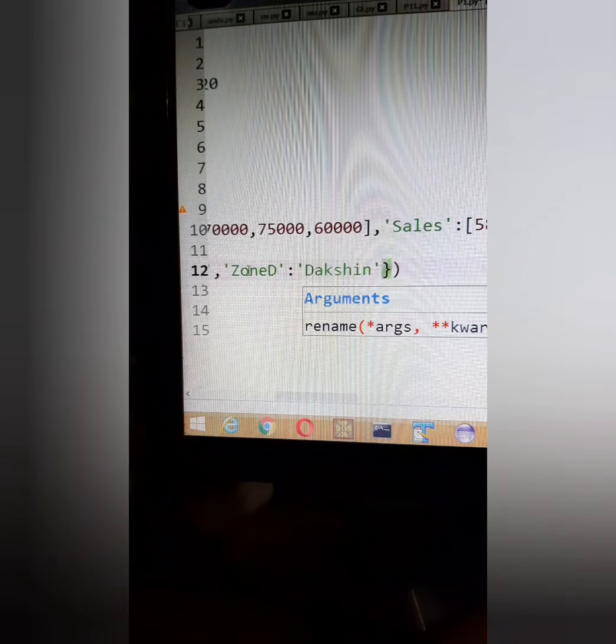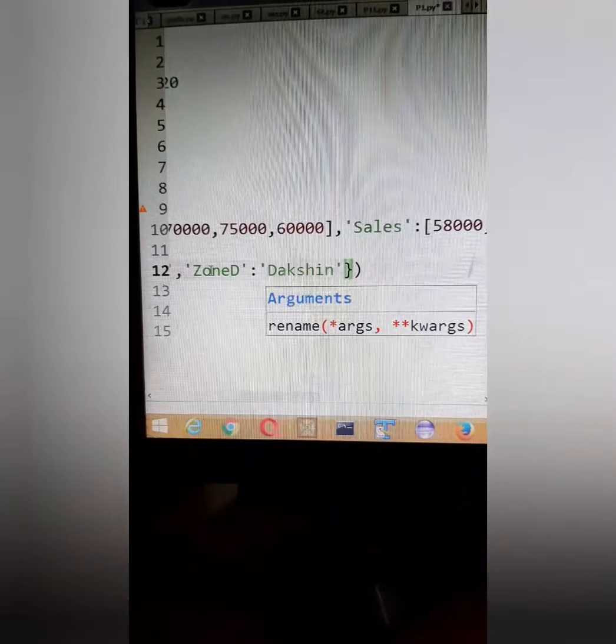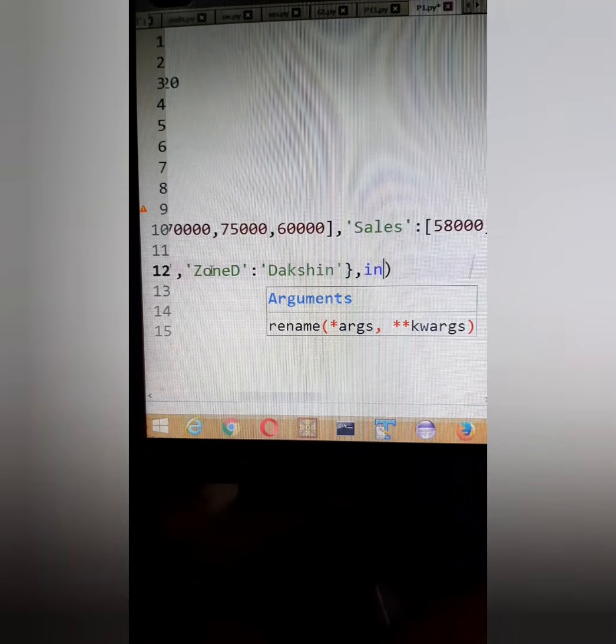And if I want to make these changes in my data frame, as I told you, inplace is equal to true.